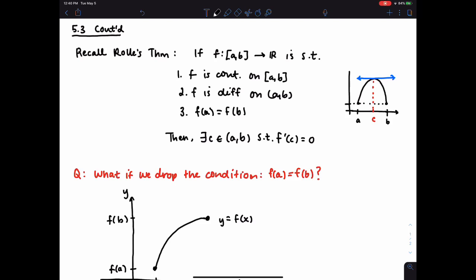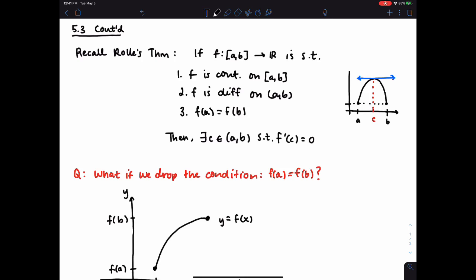The main theorem that I'm going to introduce in this last lecture is the mean value theorem. To see where it comes from, recall that we have just been looking at Rolle's theorem, which assumes f is continuous on the closed interval [a, b], differentiable on the open interval (a, b), and it also assumes that f(a) equals f(b). That guarantees the existence of some place over that open interval (a, b) where the tangent line has to